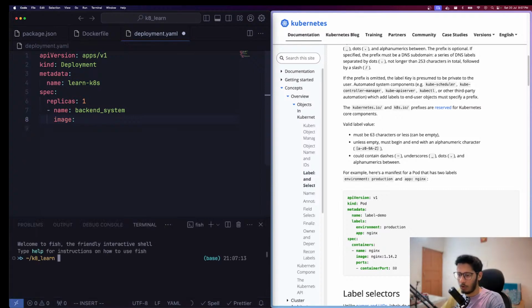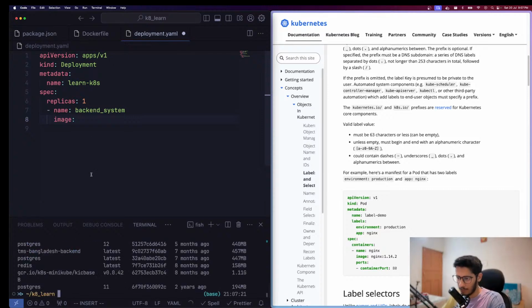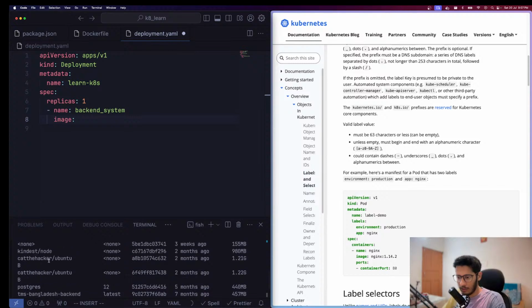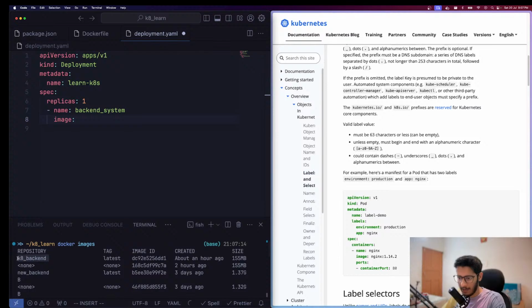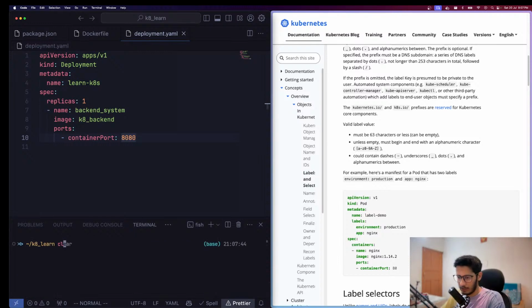Let's see what images do we have. So we built the image previously using the Docker file which I showed you initially. So we can say docker images, which will give us all the images, and the image which we are going to use is, I don't remember which was that. It's k8 backend. So this is the image we'll be using. Okay, the next thing we need is ports. So we want to map 8080 port, and let's try now to basically create